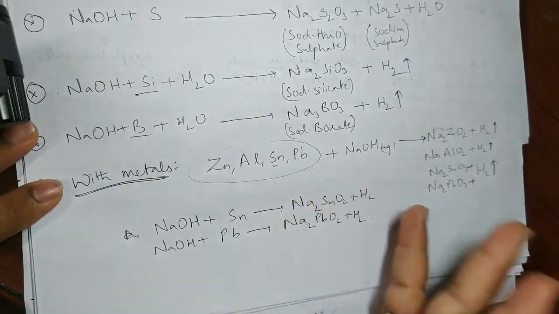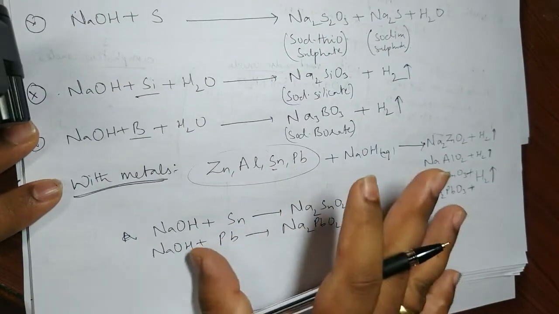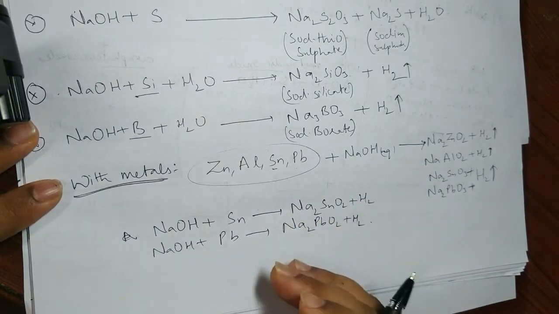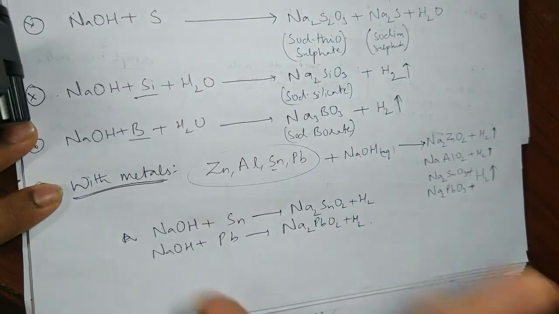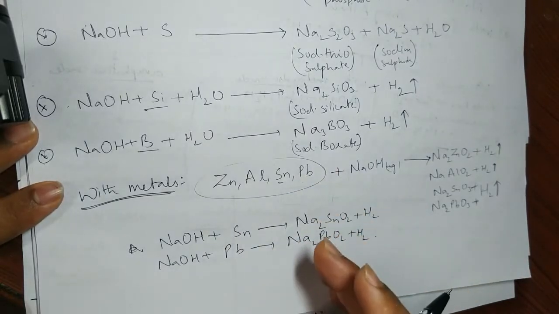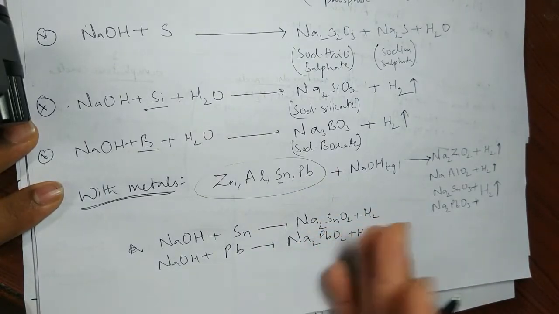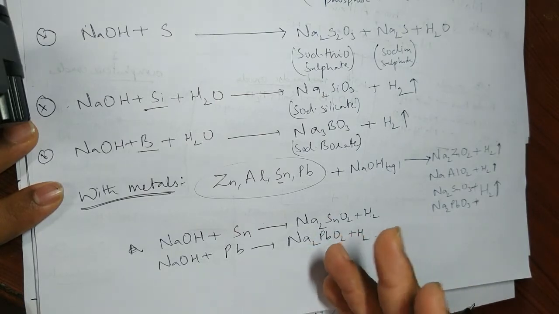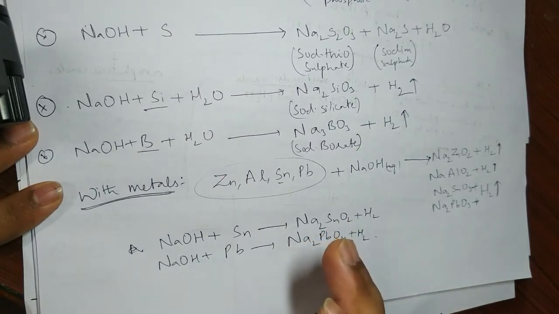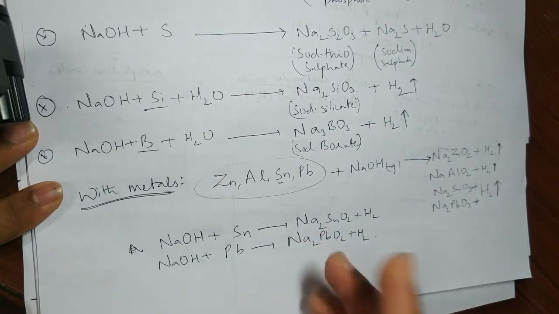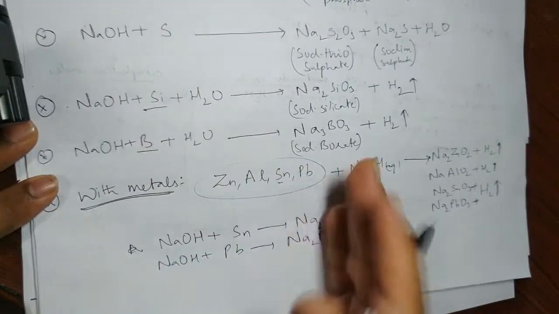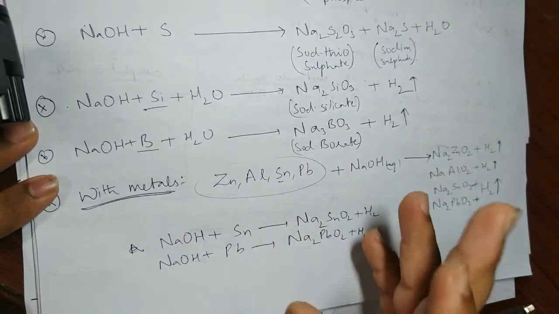So it's a tough call. I'm not giving any mnemonics for this because it's difficult. For everything mnemonics is really difficult, but I hope there is a common scenario that you can find here. Be it sulfur, phosphorus, silicon, boron, we see that the respective sulfates, silicates, borates, phosphates are formed, right? So the only thing is, in special compounds, you will find the names have hypo or meta wording coming out. So be very careful in that. That comes only by practice. Write it again and again, then only you will be mastering it.